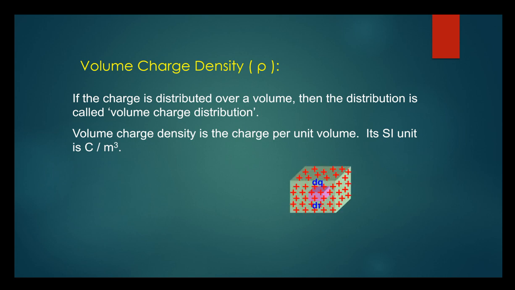If we have a volume, and in this we take a very small volume d tau, and on this small volume we have a charge dq, then rho, that is volume charge density, is defined as q by tau, where tau is the total volume, or we can also write in elemental form as rho equals dq by d tau. Total charge on the volume tau can be written as integration of rho d tau over the entire tau, as we had done in the case of linear charge and surface charge density.